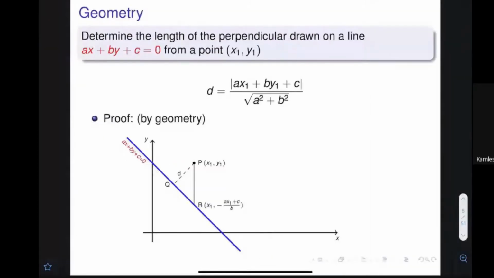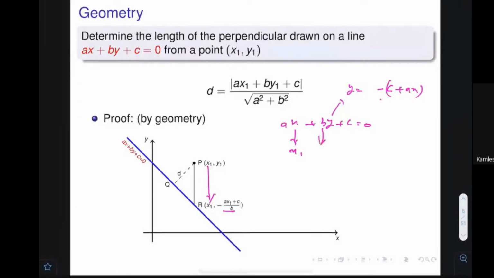The construction says that let me draw a small line from here and say that this point is R. What is the x coordinate of this point? The x coordinate would remain the same, therefore it is x1. Since the equation of the line is ax + by + c = 0, and x becomes x1, can you find the value of y for me? It is minus of (c + ax1), divided by b, because b was also there. This is the quantity that I have written here. Any problem with this? No. Can anybody write yes or no?